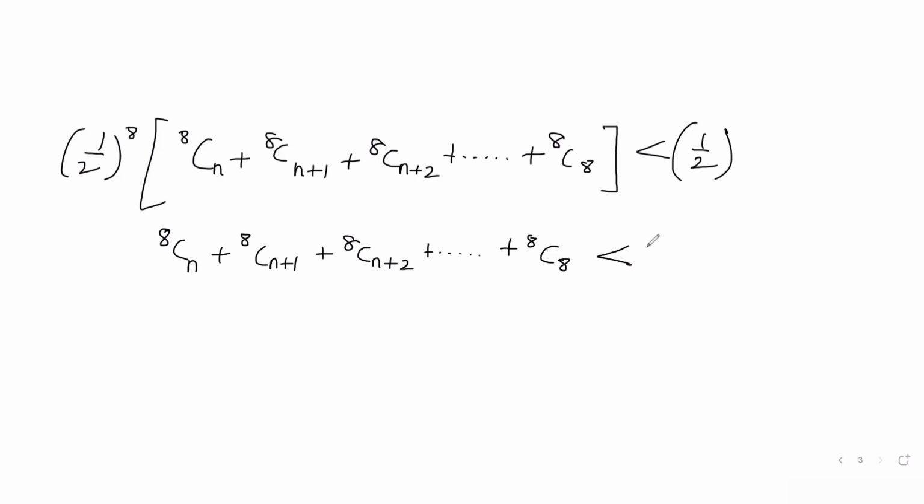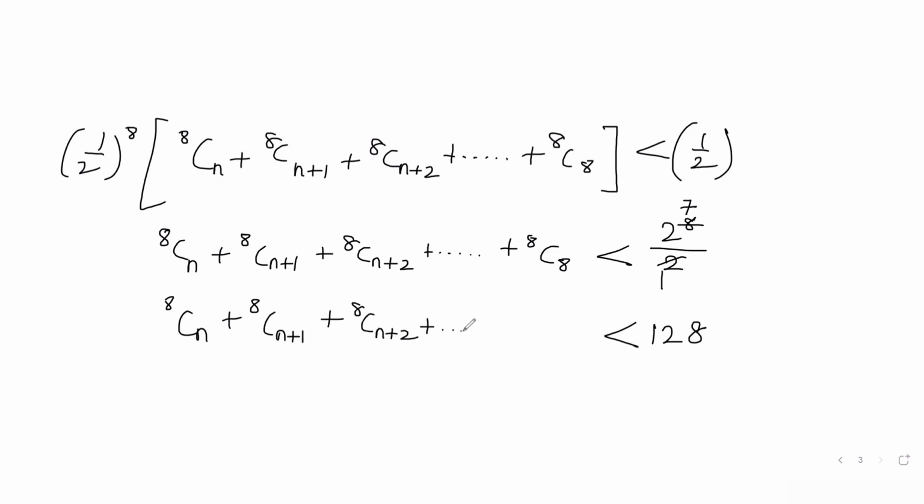That is basically less than 2 raised to 8 over 2. 2 cancels, you have 2 raised to 7, which is 128. So the entire addition of all the things till 8C8, this entire thing is less than 128. Now, once I have this entire thing, I know one condition that says nC0 plus nC1 plus nC2 plus this till nCn